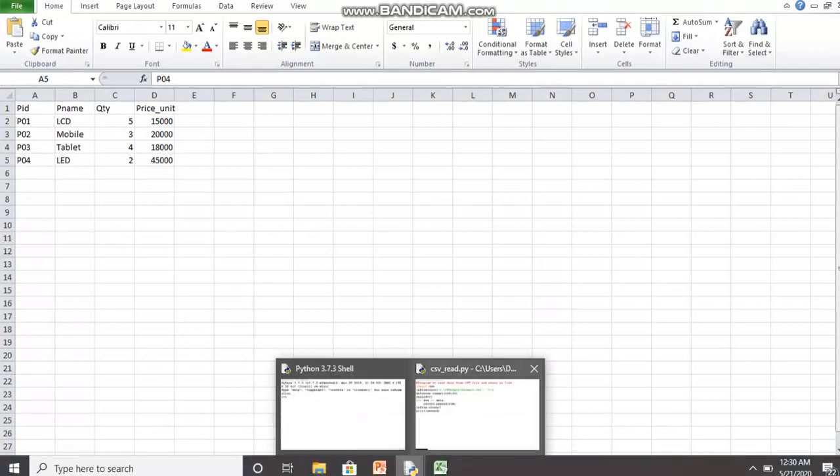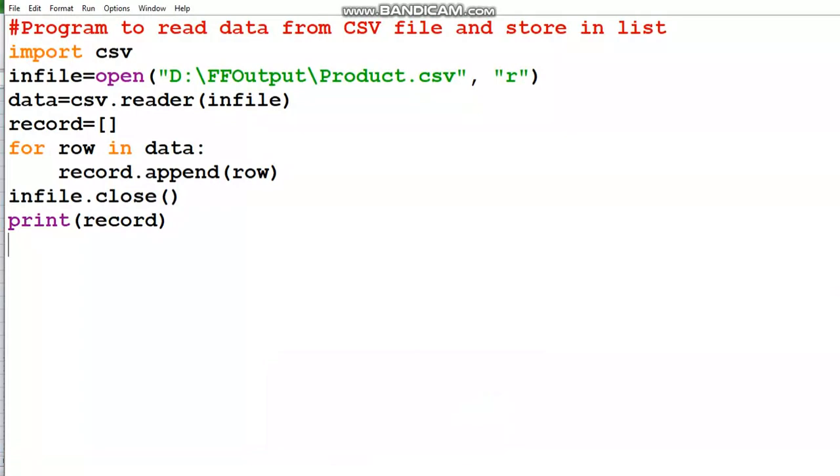So we'll go to Python, and here I have made a program to read the CSV file. The Excel file I just showed, saved with extension .csv, was stored in the D drive in a particular folder with the name product.csv.